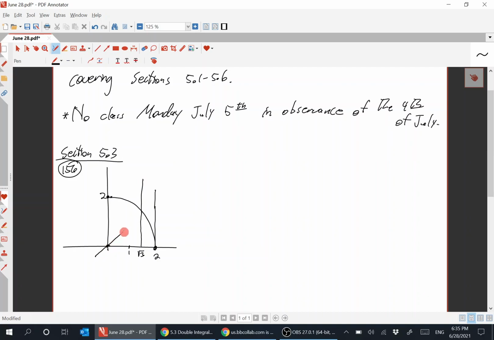So we're looking at this region here. So we want to find the area of that. There's different ways to do this problem. So how can we describe this region? Okay, remember,